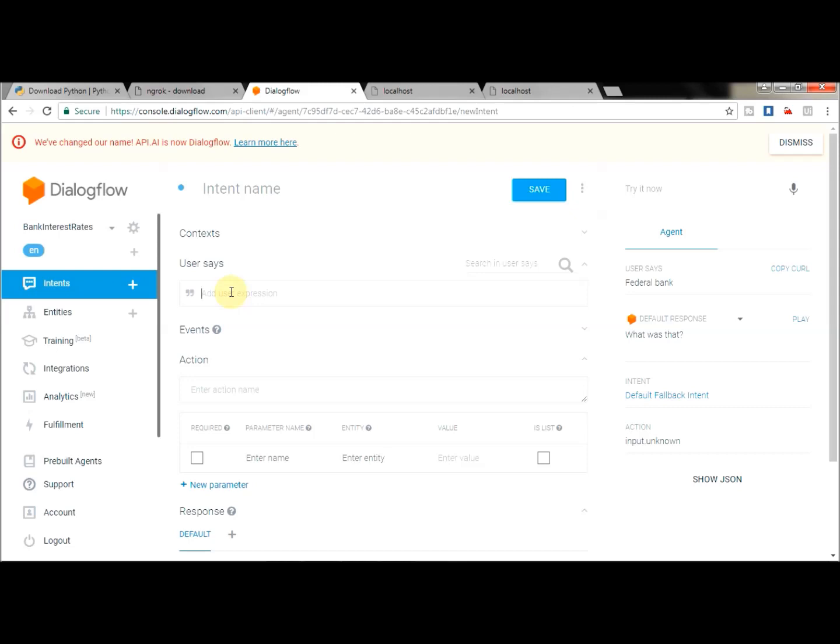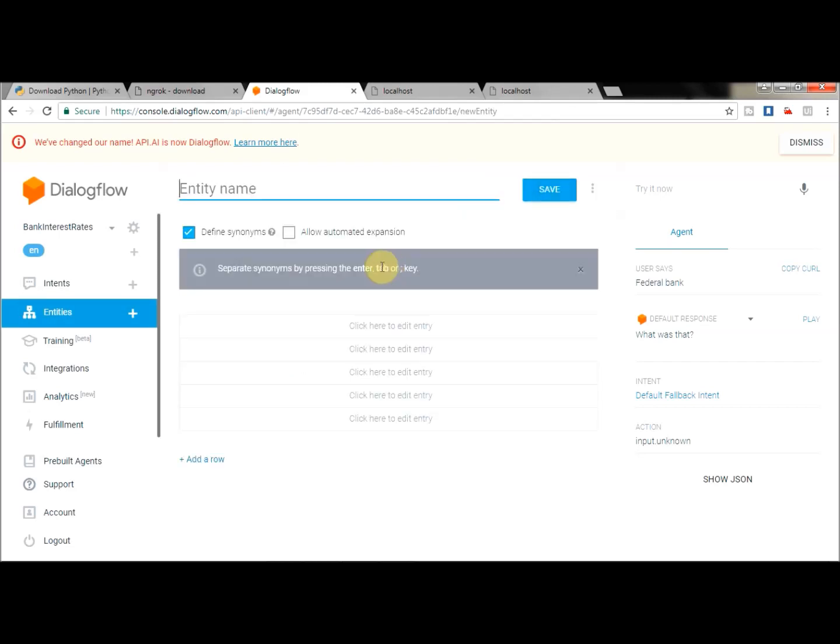From that, we have to take that entity, and with that entity we will process something. Suppose user says Federal Bank, so we have to first add here